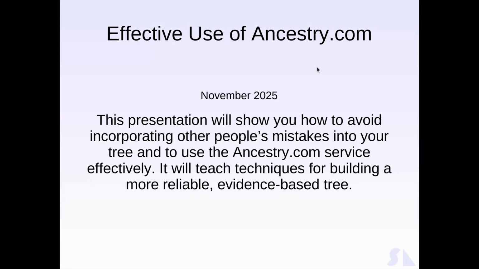This presentation is about how to use Ancestry.com effectively. A few years ago, several people complained that they created a tree on Ancestry but ended up finding all these mistakes. The problem was that they were pulling other people's trees into their tree. That's a very quick way to build your tree, but it's really not the most effective way. This presentation is going to show you an effective way to do that without pulling in mistakes from other